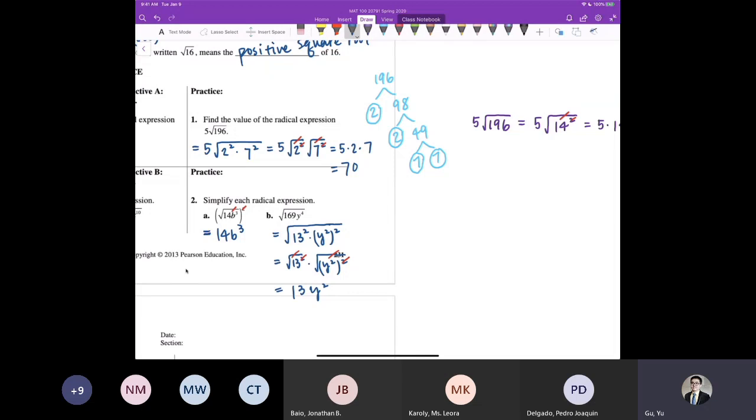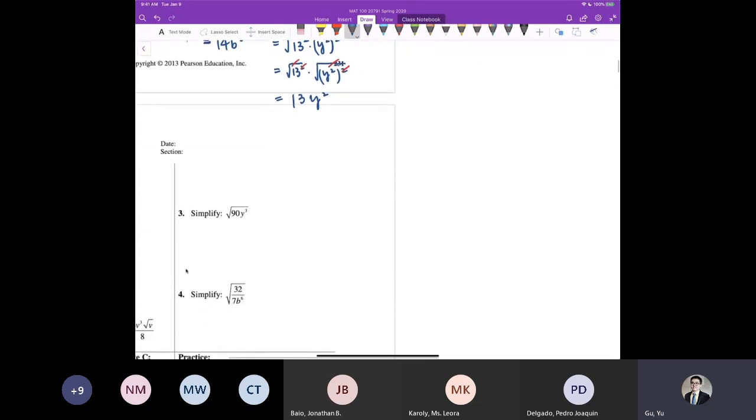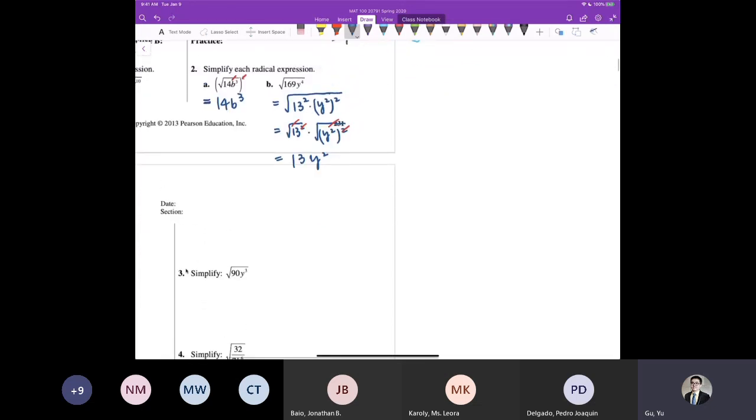So far we have all had perfect square expressions, so there's nothing left in radical signs, but that's not always the case. For example, number 3, we have radical 90y cubed. I would say neither of those two factors are perfect squares. 90 is not a perfect square. Y cubed is not a perfect square. However, the mechanic